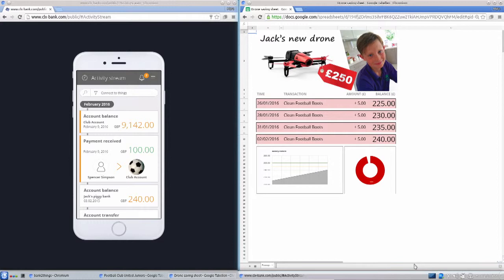So why is this important? Well, my son Jack wants to buy a drone. So I came up with the idea of introducing the incentive button at home. So every time he cleans his football boots, which isn't very often, unfortunately, he can get a reward in the form of £5 going into his account. So if he presses the button after doing some work,